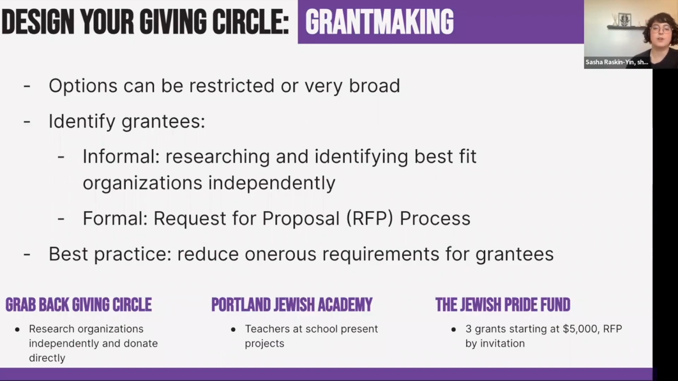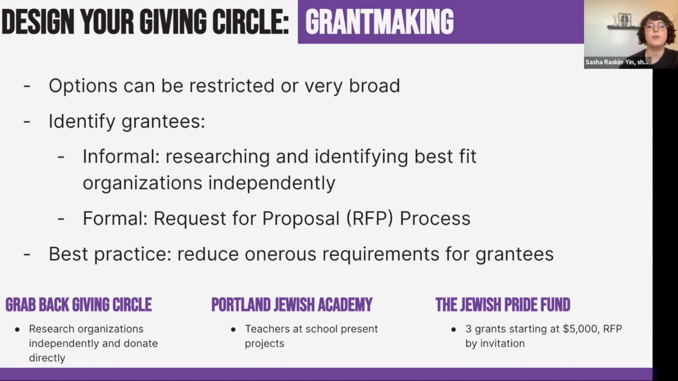The first is ensuring your participants have a meaningful choice in your grant making, since that's what makes it a giving circle. The second is using best practices in grant making to reduce onerous requirements on grantees and build relationships between grant makers and grantees when possible. You can learn more about best practices and specific grant making models by following the links on your giving circle